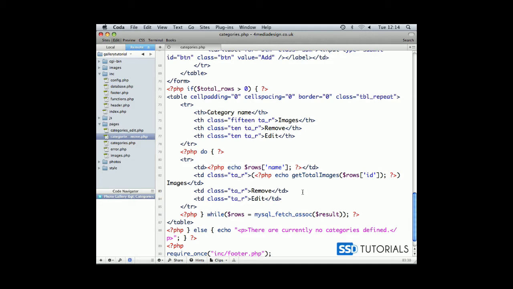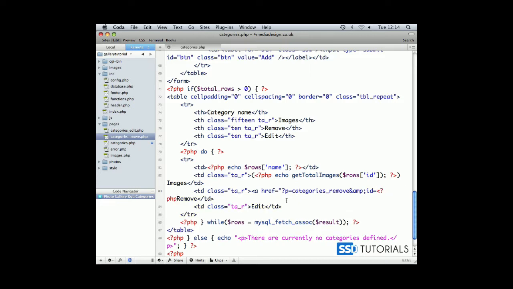Now it's time to create our remove link and our remove page. So in a cell with the remove word placed inside of it, type href equals question mark p equals categories remove ampersand, then id equals echo, and we're going to be echoing our id, which we pass as an id parameter, and closing PHP tag, closing double quote, and after the remove, type closing